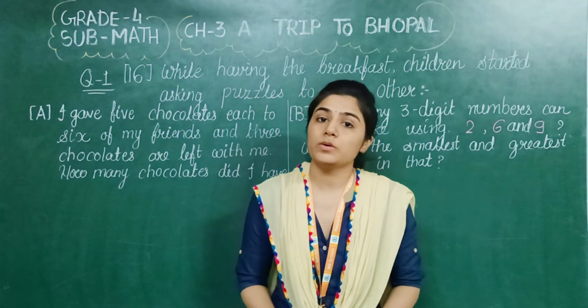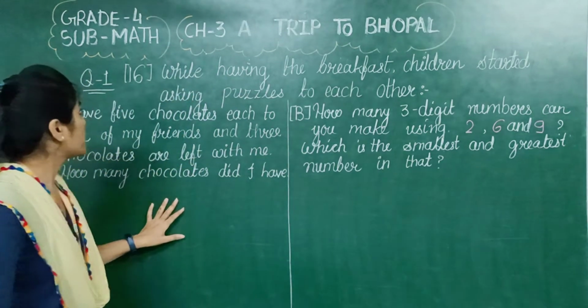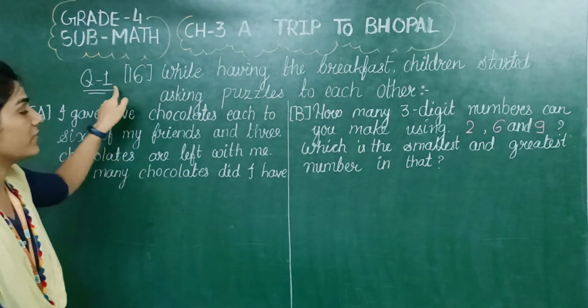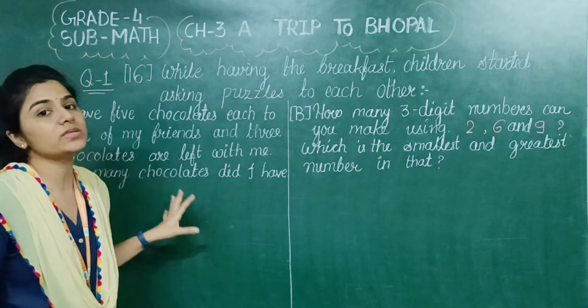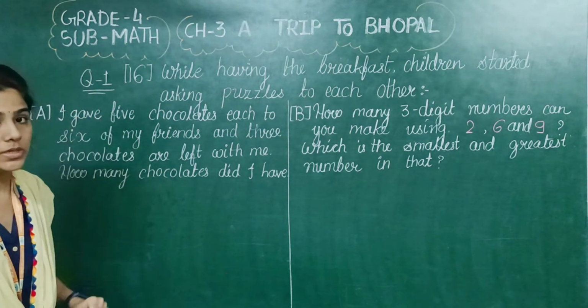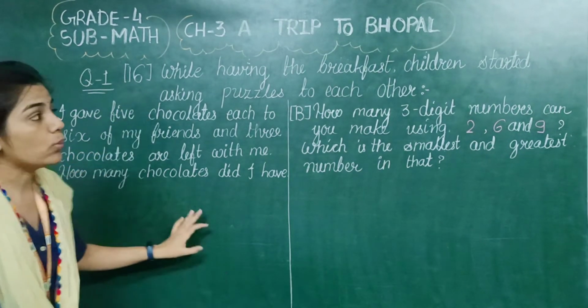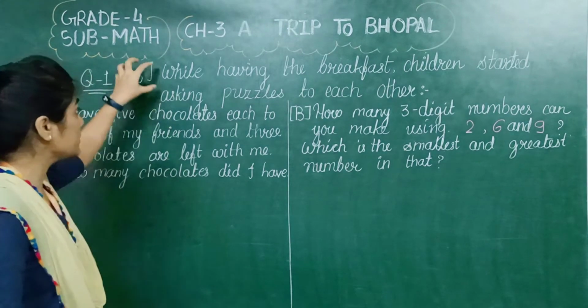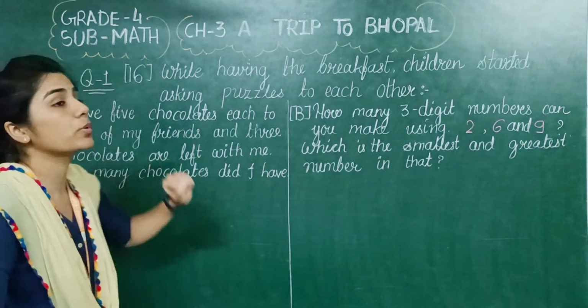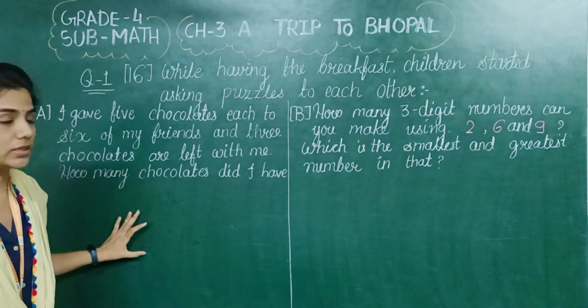We have seen question number 1, and question number 1 is still continuing, because question number 16 is part of question number 1 only. There are a total of 16 sub-questions in question number 1. So in this video, I am going to start question number 16. Now what is given in that? In question number 16 also there are sub-questions from A up to E, so that we have to see.